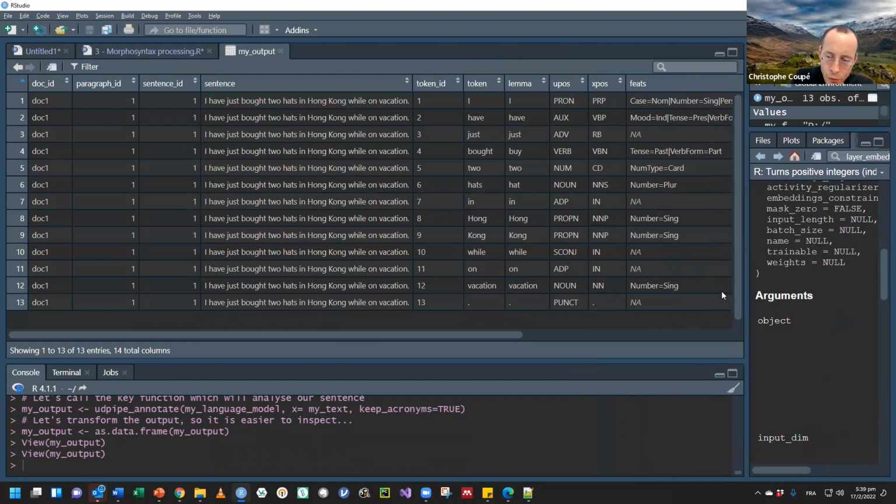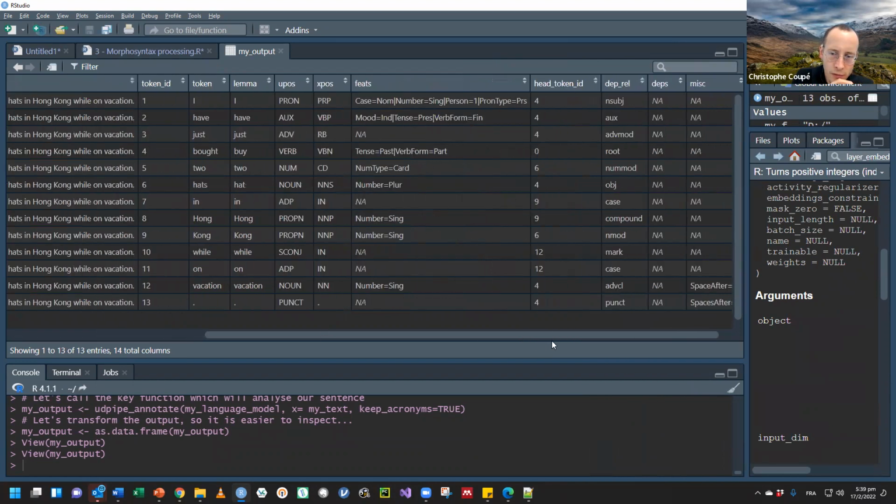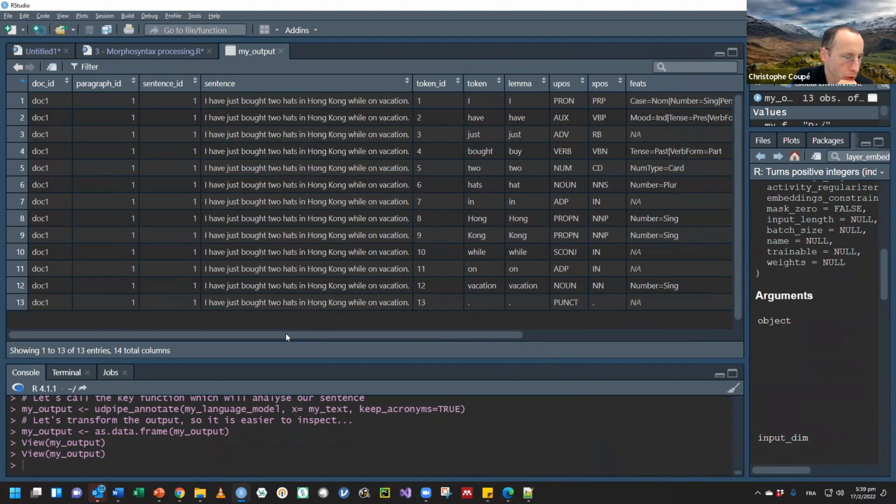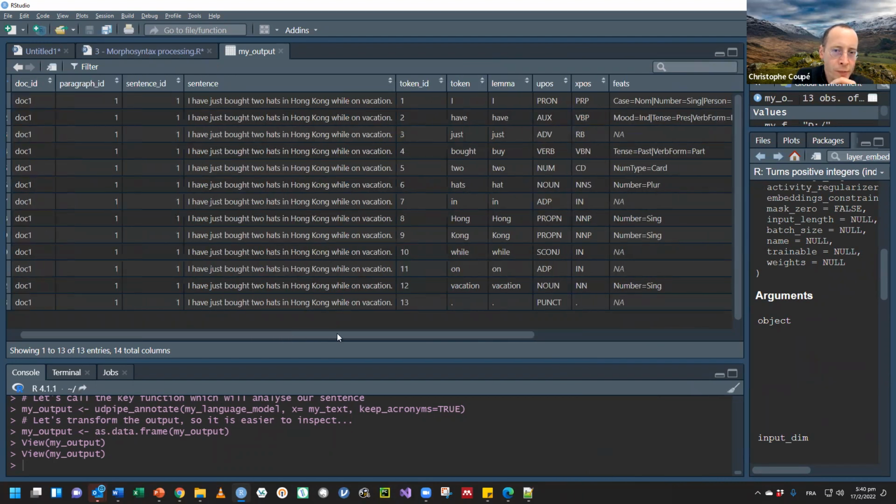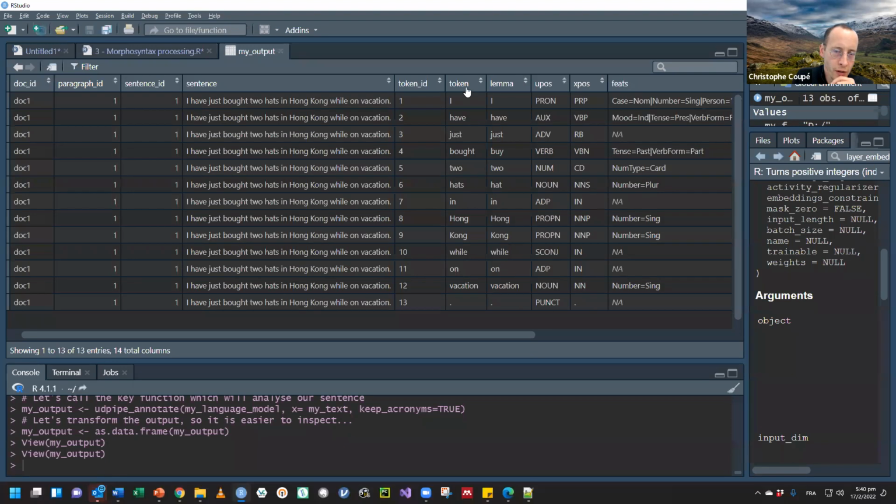You see, the result is a table. It has a number of columns and it has a number of rows. Each row corresponds to one word. That's the token. And each token gets some ID. The sentence in which the token appears is repeated. So you have it each line. So if you have a whole text, it will also tell you the number of the paragraph, the number of the sentence. But here we have something